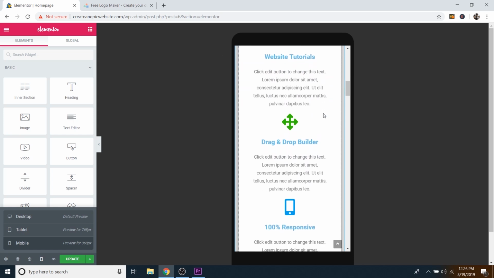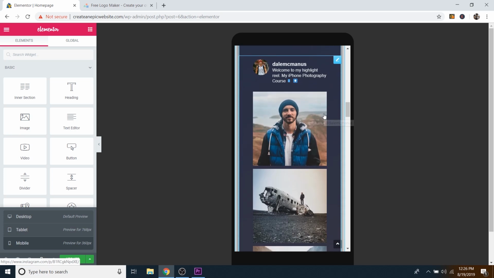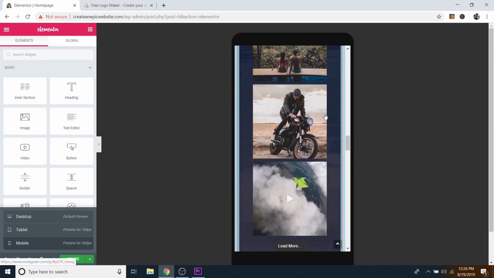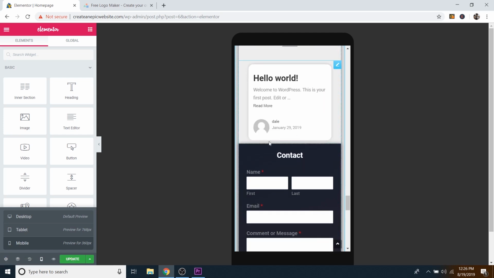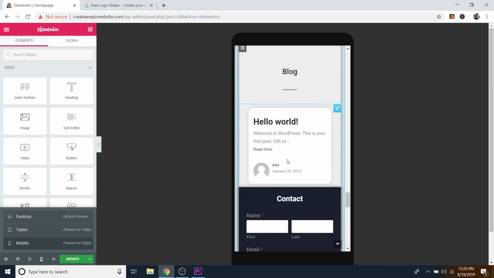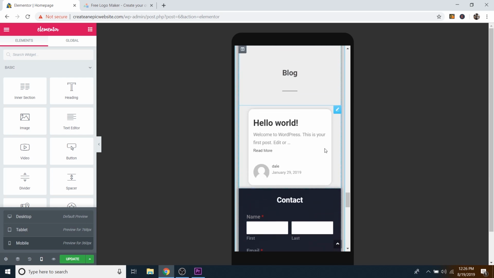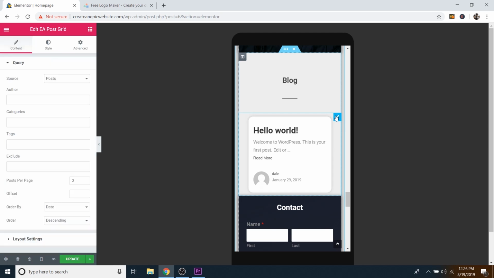And I've actually already made this whole website responsive already, so you don't even have to really worry about it. But I do want to show you how to edit this on mobile anyway, just in case. Because I actually noticed that I left a little mistake here. So there's a little bit of space here, and I want to have it a little bit more because I think that this blog post is too close to the contact section. So I'm going to edit that, and then I'll show you how it works on mobile and then doesn't change it on desktop. So I'm just going to click on the little widget for the post, and then I'm going